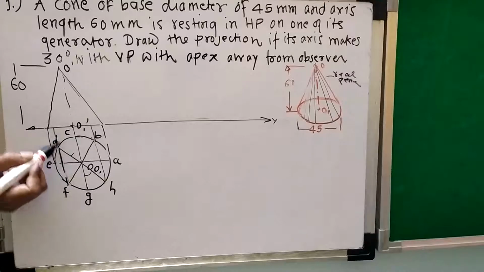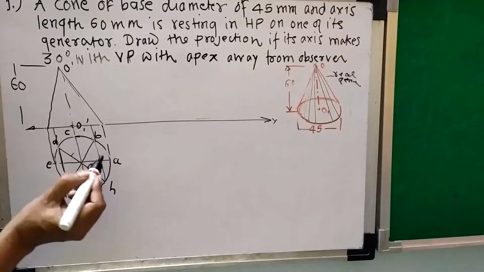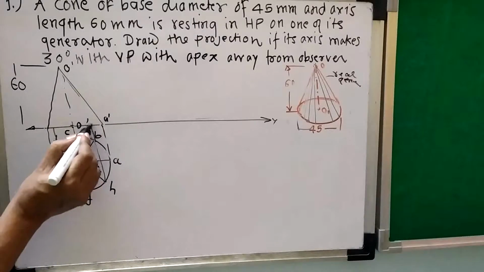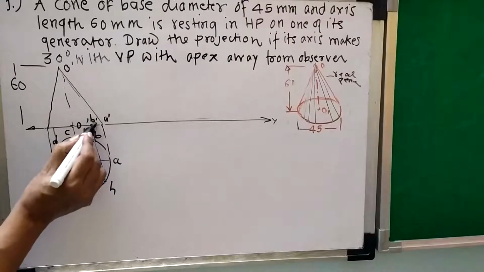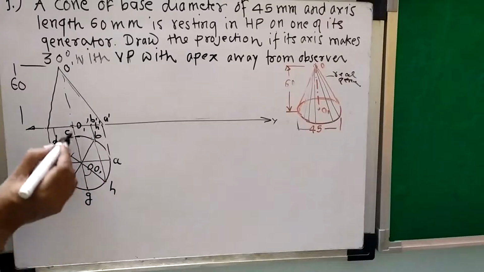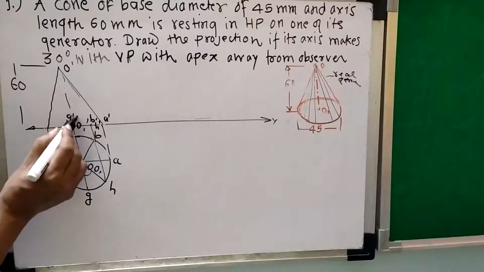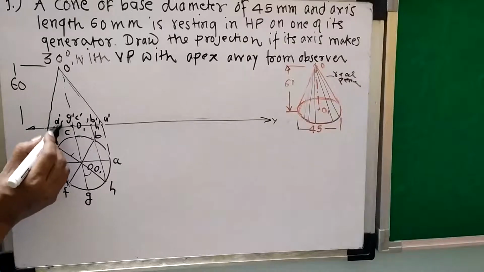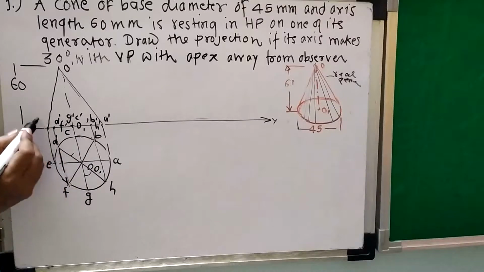I will project this, and the G and C comes on this. So this will be your A dash. This point is B dash, H dash, then this and this will be center G dash, C dash, this D dash and F dash, so this is D dash, F dash, and this will be E dash.